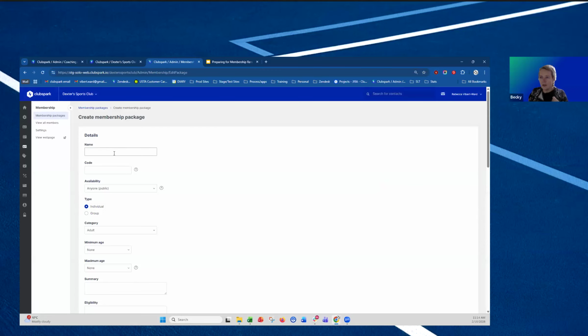So it's just create a normal package. I'm going to call it a social membership. I'm going to call it social. I'm going to make it public. It's an individual or group. Now you can choose group packages. We have a group limit now. So this is a family package or a